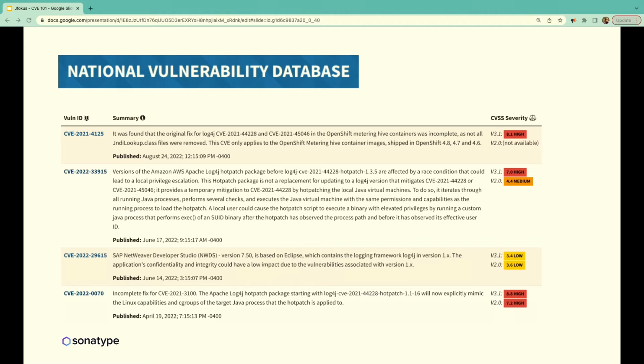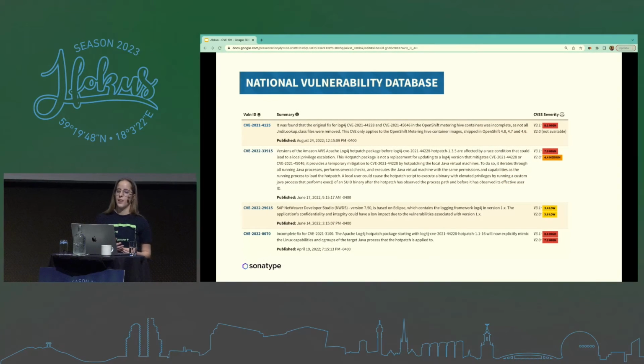Now, a limitation of the CVEs I mentioned before is they don't really give you a lot of context about how bad that vulnerability is, for example. So unless I know that certain system really well, or I'm a security expert, it might be kind of hard to figure out what to do with them or if I should care. And so the National Vulnerability Database takes that information and assigns a score, which is the CVSS score that you'll